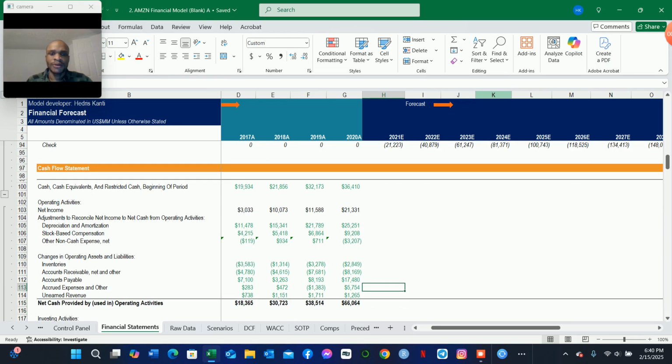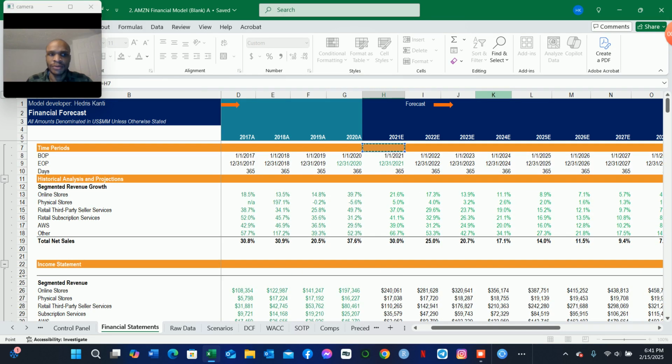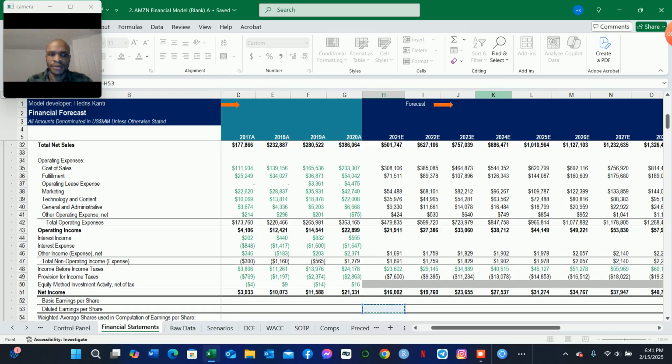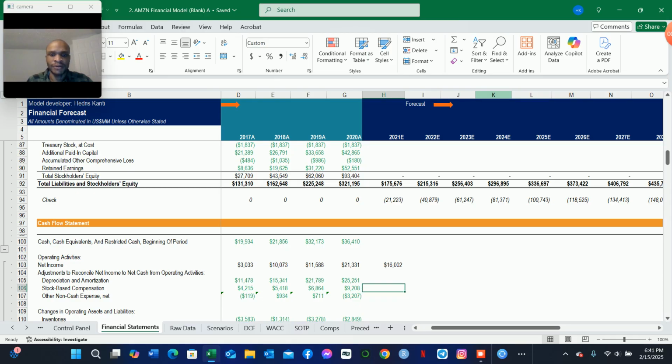So to begin with the projections of the cash flow statement, we're going to reference net income. So net income from the income statement, we have that number there for now. And then depreciation, this is going to come from our supporting schedules, from the property, plant and equipment, and also the right-of-use assets for the finance leases. And then for stock-based compensation, it's going to be equal to,